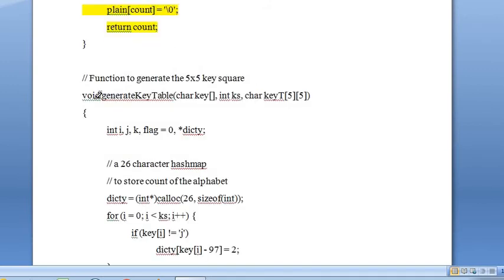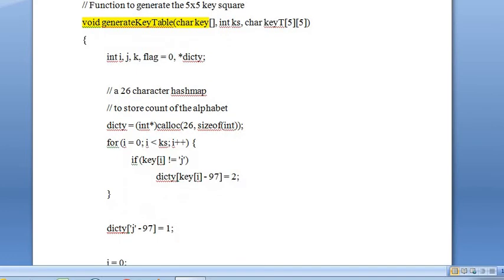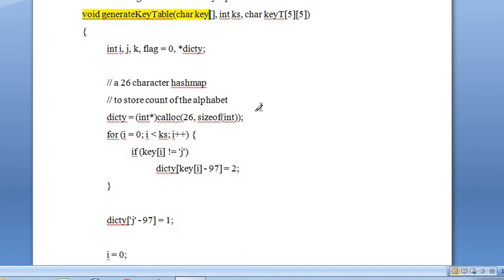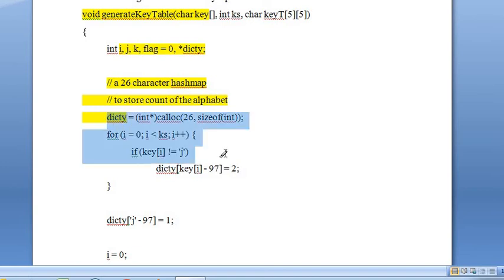Okay, the generate key table function. What does the key table function consist of? A 5x5 matrix. To store the alphabet, this is the input variable, and the alphabet is stored. How is it stored? It first stores the key value individually, and after that the remaining letters are stored.